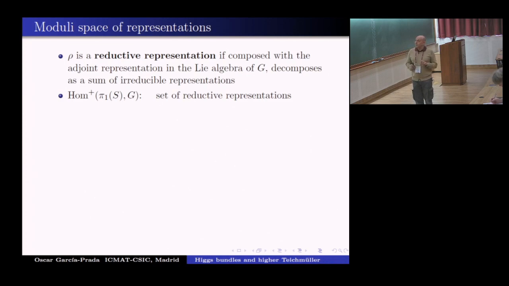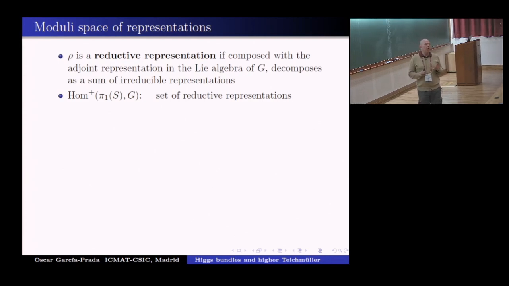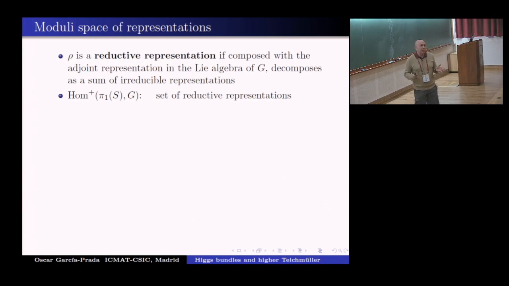But if G is non-compact, and in what I'm going to tell you today, the focus is on non-compact Lie groups, then you have to remove certain representations in order to get a nice topological space, to avoid non-Hausdorff phenomena. And so the condition is that the representation be reductive, which simply means that if you